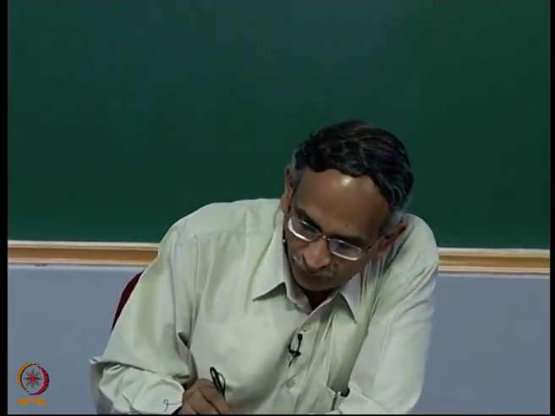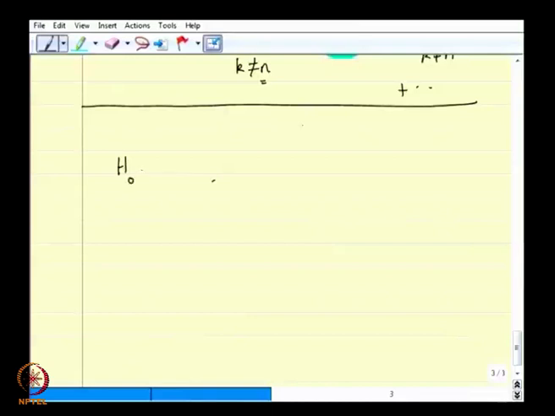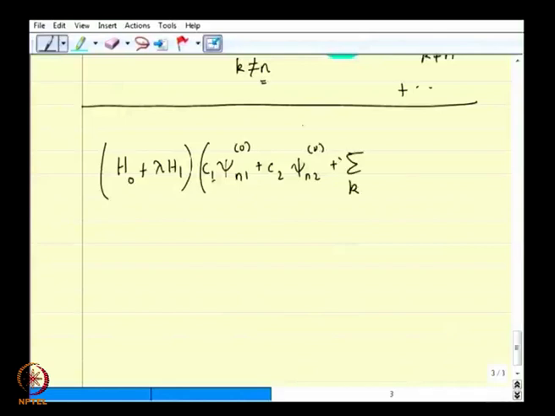So we shall substitute our proposal for the wave function in the solution, namely H naught plus lambda H1, in the wave function, namely c1 psi n1 0 plus c2 psi n2 0 plus sum over k to order lambda a n k psi k 0